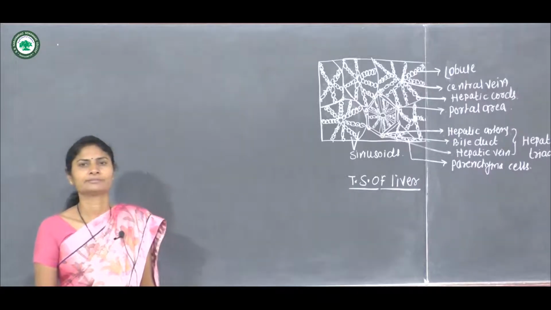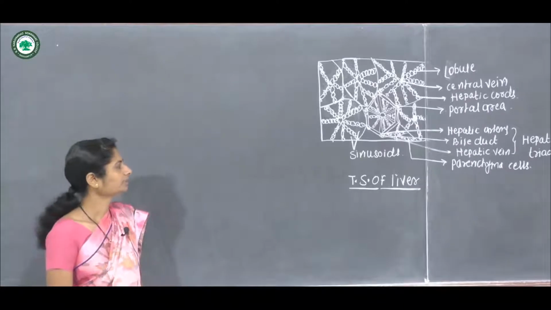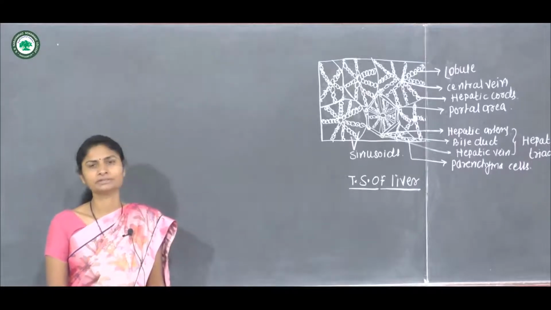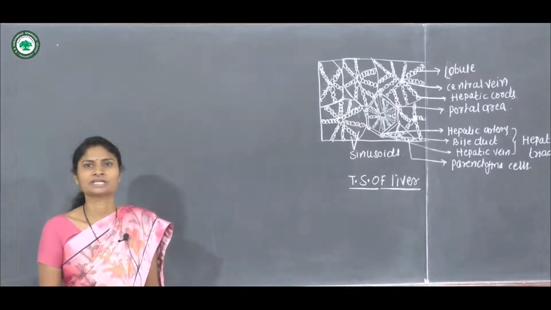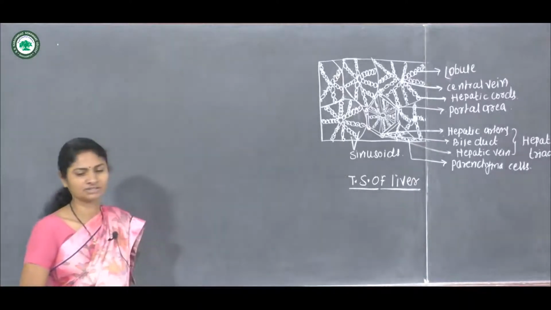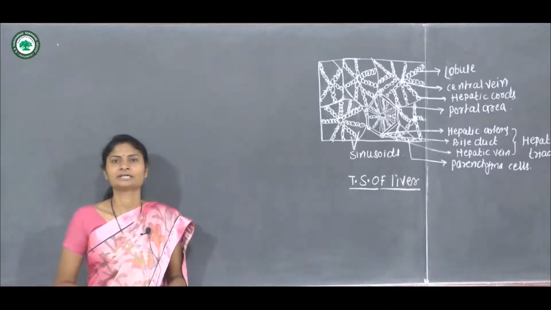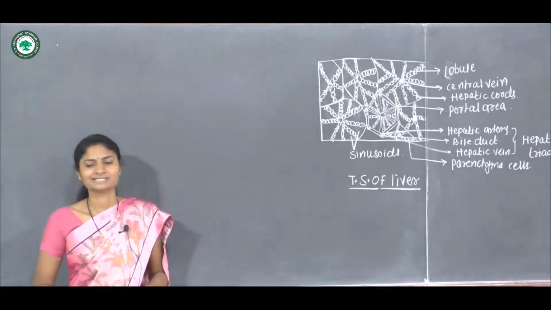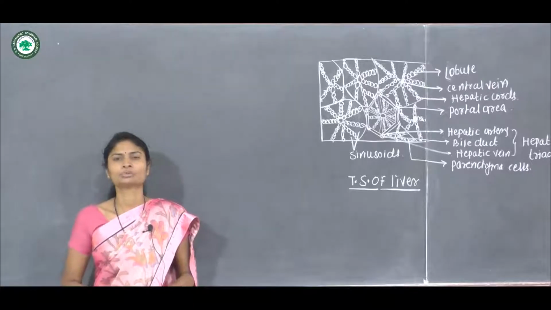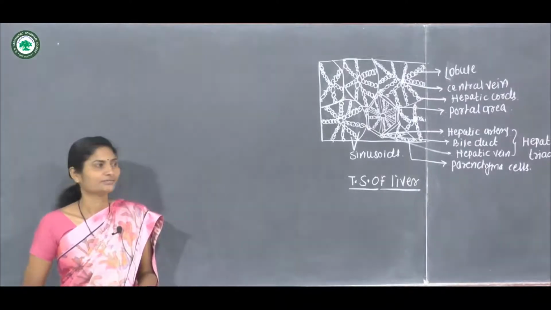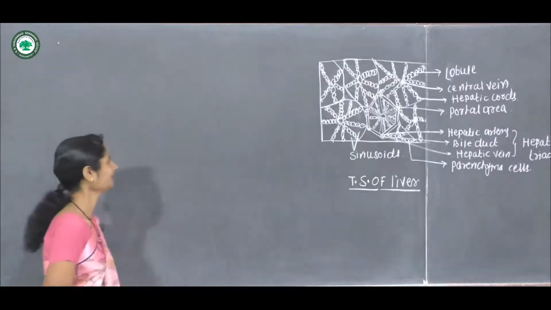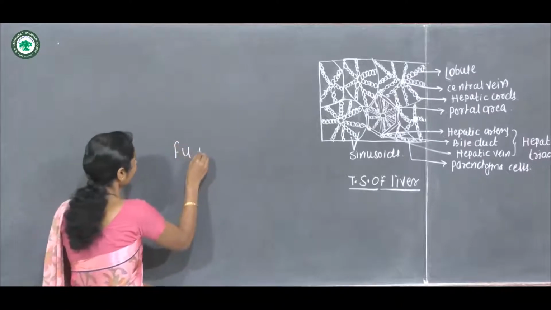Paper number 2, mammalian histology. The liver is the largest digestive gland in the human being. This liver is the largest exocrine gland. It mainly secretes bile, and it is a compound tubular serous gland located below the diaphragm and above the intestine. The function of the liver is as an exocrine gland, mainly secreting bile.